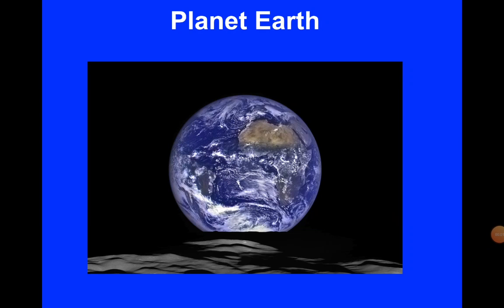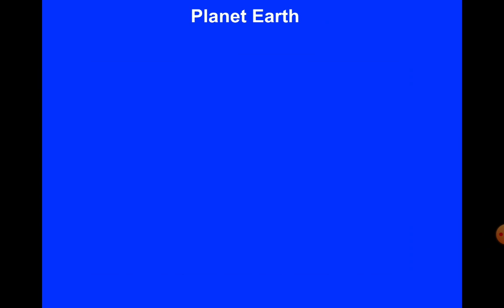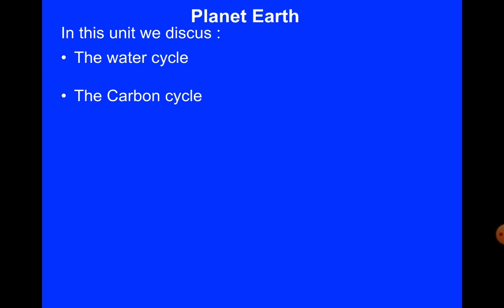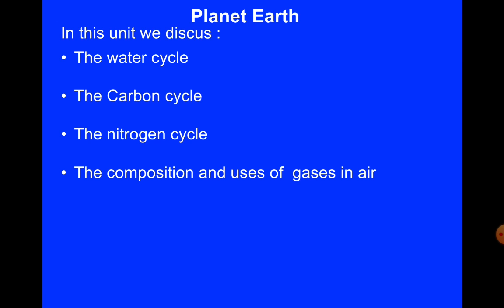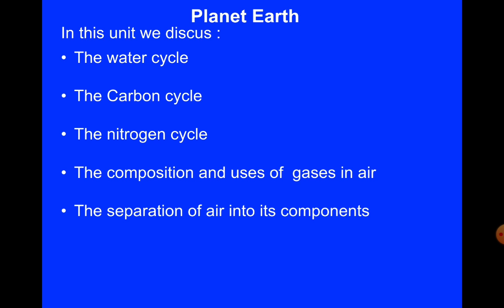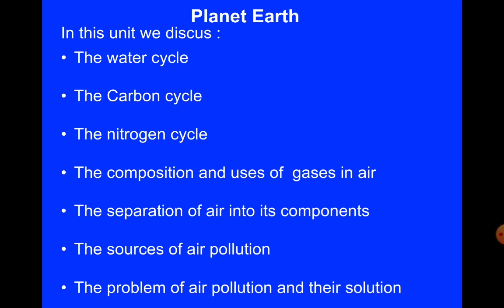Good afternoon. Today we will discuss the last unit of coordinated science, the first unit in chemistry, and that is planet Earth. We will discuss the following. We will discuss the water cycle, again a little bit about the carbon cycle, the nitrogen cycle, the composition and uses of gases in air, the separation of air into its components, sources of air pollution, the problem of air pollution and their solution,